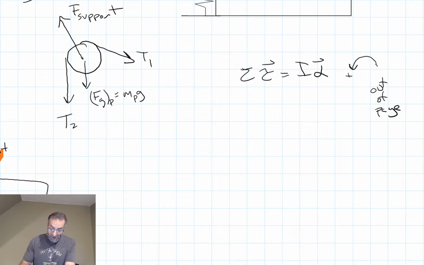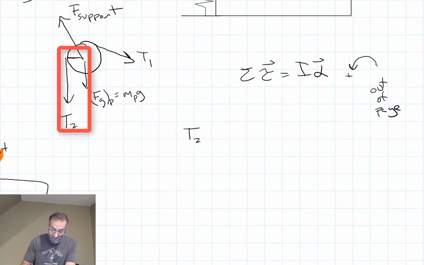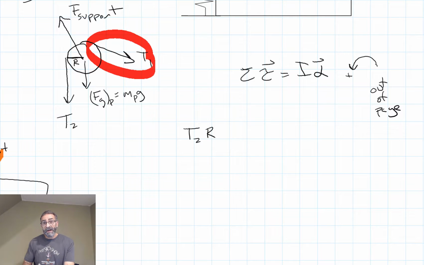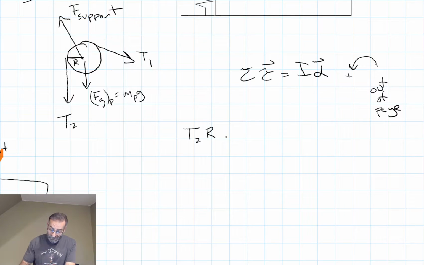What do I have? I've got torque caused by T2. T2 is going to be the force, times its lever arm. And its lever arm is just the radius of the pulley. That's in the positive direction. It's causing this to rotate counterclockwise, or it's causing it to turn with an omega out of the page. Then I've got T1 causing it to turn in the negative direction. So minus T1 is the force times its lever arm, R,